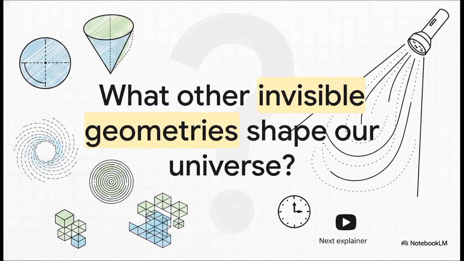Which brings us to a really fascinating thought to leave you with today. We rely entirely on these dimensionless concepts, the flat radian and the steradian in 3D style, to navigate, design, and build our physical world. So if our core measurements for angles are essentially invisible mathematical ratios, totally lacking any physical mass or length, what other invisible geometries shape our understanding of the universe? Keep your eyes open next time you turn on a flashlight. I'll catch you on the next